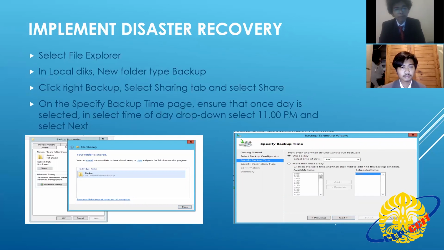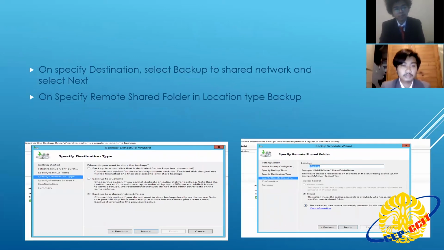In the Select time of day dropdown, select 11 p.m. and select Next. This is the picture. On Specify destination, select Back up to a shared network folder and select Next. On Specify remote shared folder, in Location, type Backup. This is the picture.